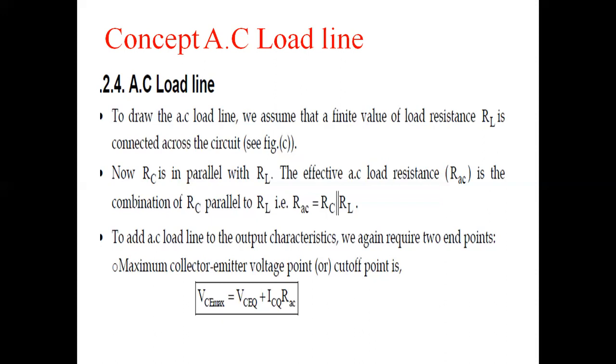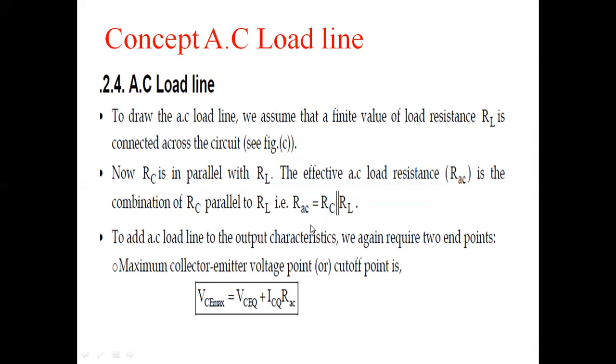This is when no input signal is applied to the transistor amplifier. After drawing the DC load line, the AC load line is drawn when an input AC signal is applied to the amplifier. After this, the amplification process is done. The output is taken across the load resistance RL. The resistance across the collector is now equal to a parallel combination of RC and RL.